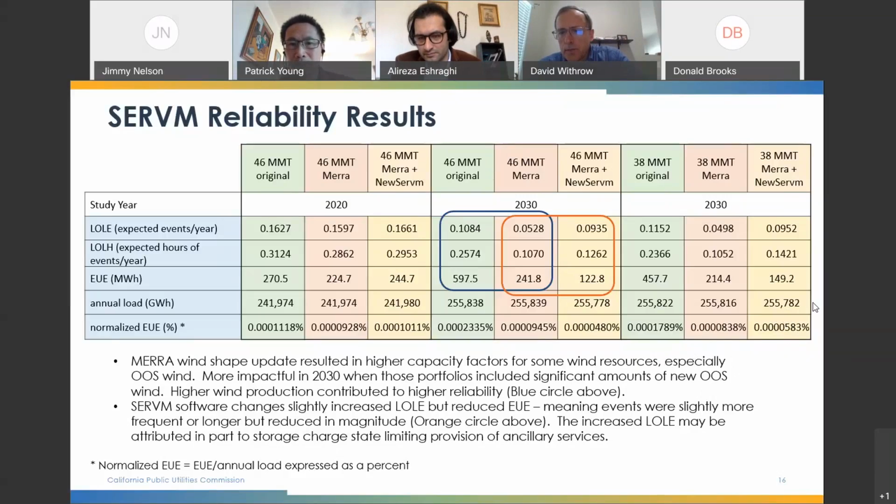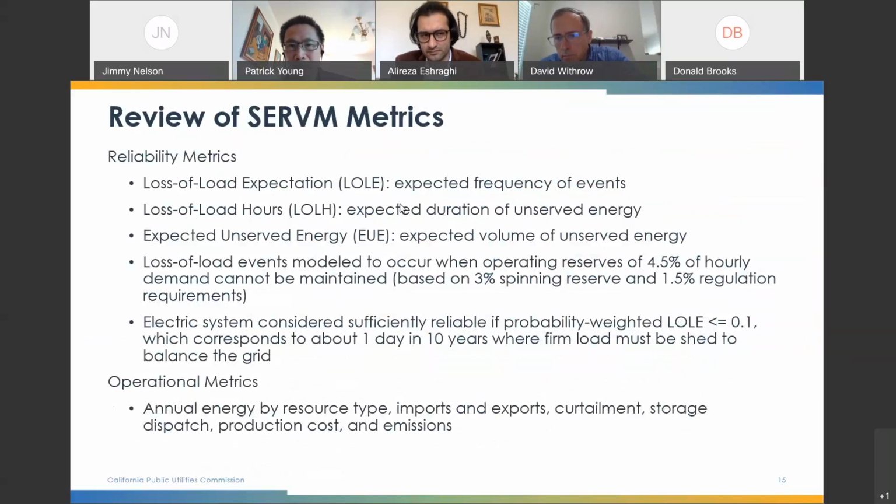Christian Lambert. Hi, this is Christian Lambert with Cal Advocates. Could you go up 1 slide to 15, please? We have a question about the 4th bullet, which is the definition of loss of load events that are modeled to occur at 3% of demand plus 1.5% regulation requirements. Our question is, is this a meaningful difference compared to CAISO actuals, which we're hearing from them? They have a 3% of demand reserve requirement, but also an additional 3% for integrated generation. And they're telling us that 6%, which we did see in August, is when they would declare stage 3, and that does not include reg up or reg down.